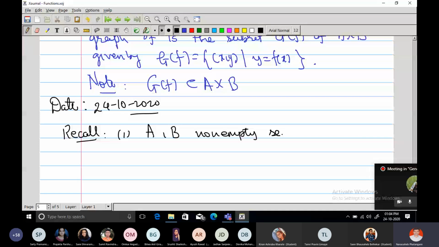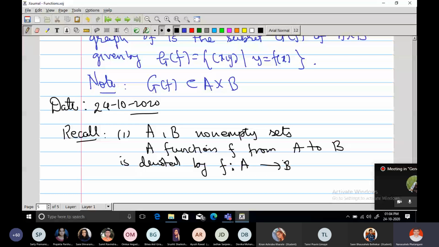A function f from A to B is denoted by this notation, and a function is a relation. F is a relation